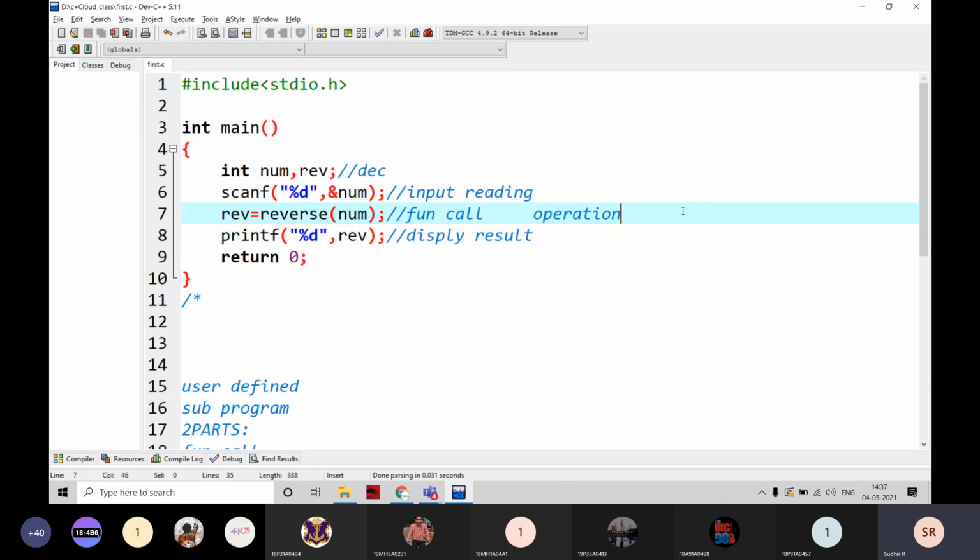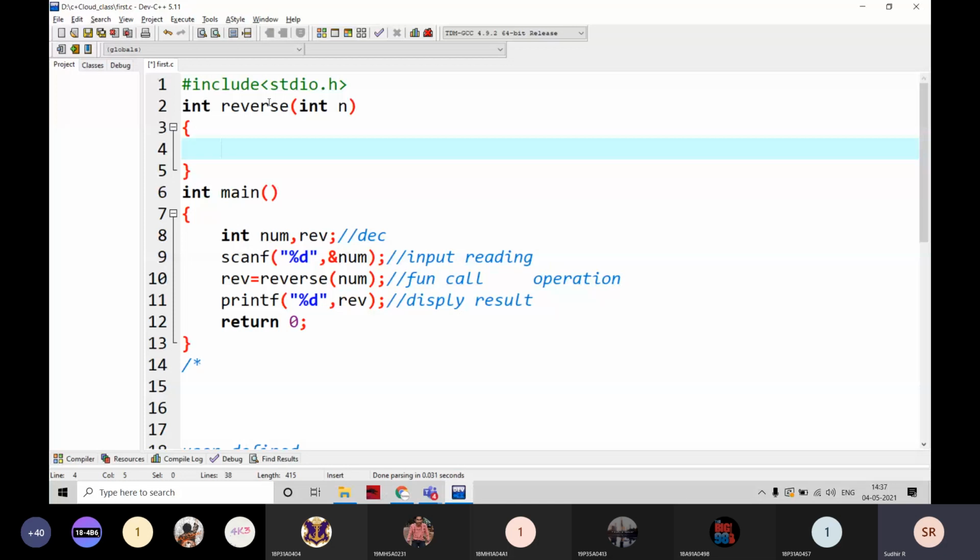Based on that I am going to write the function definition. The return type is integer, the name of the function is reverse, and there is one argument, the variable name is n, for example, and its data type is integer.